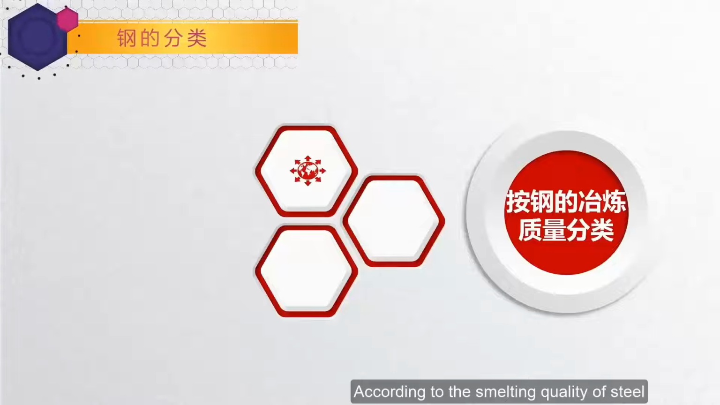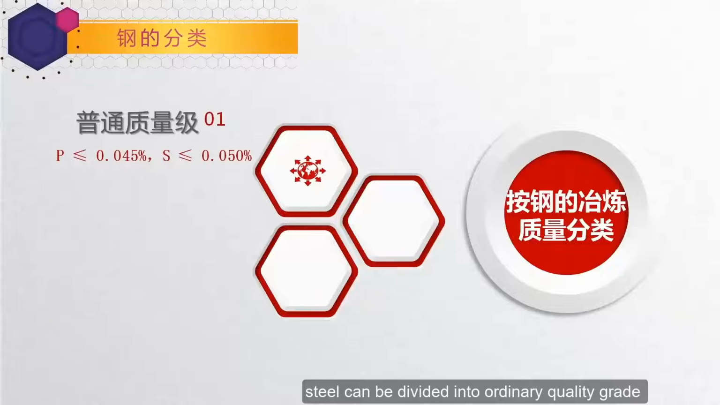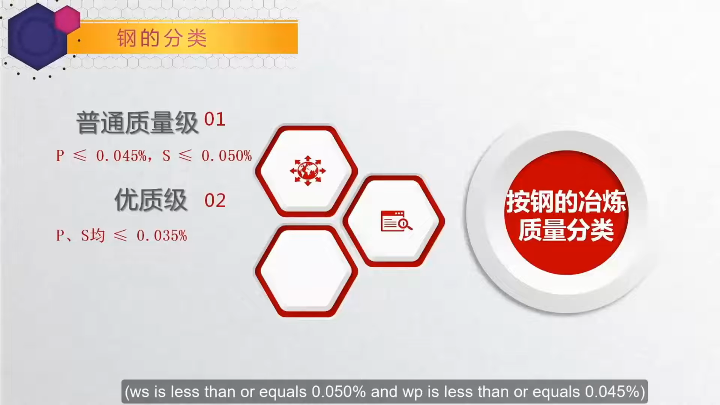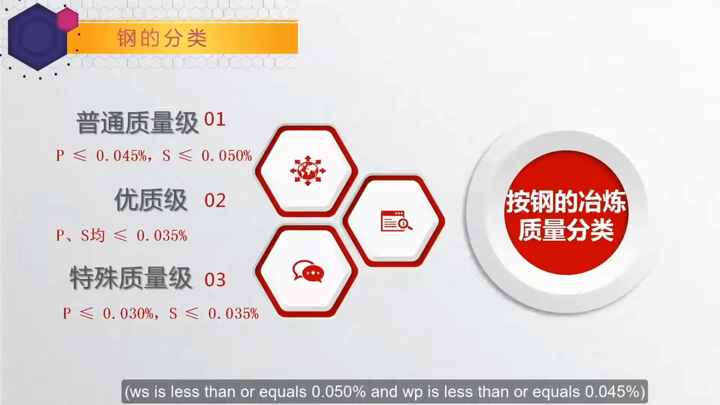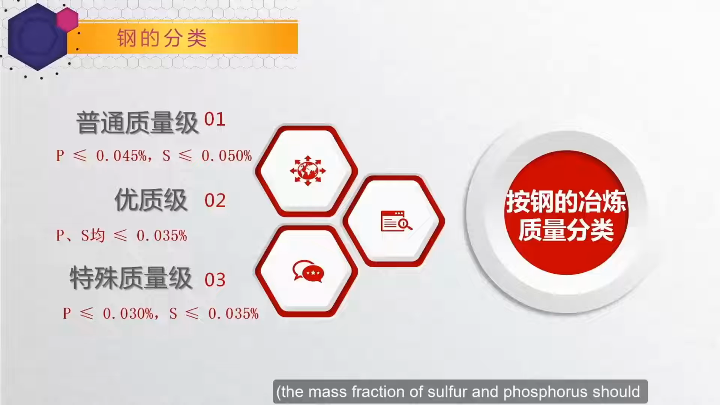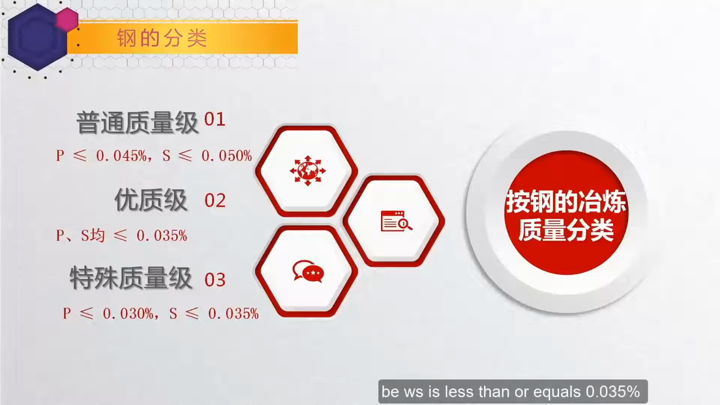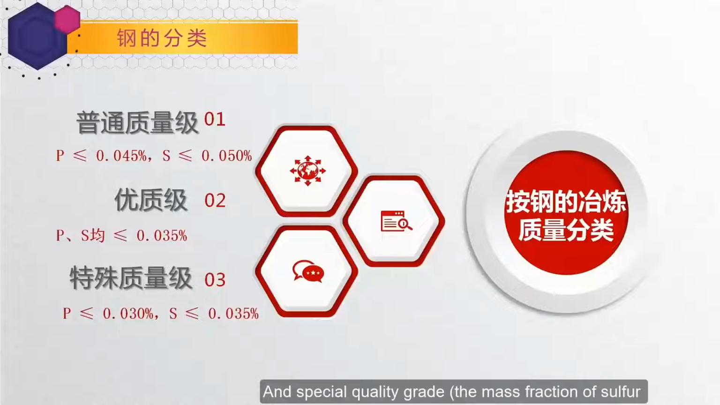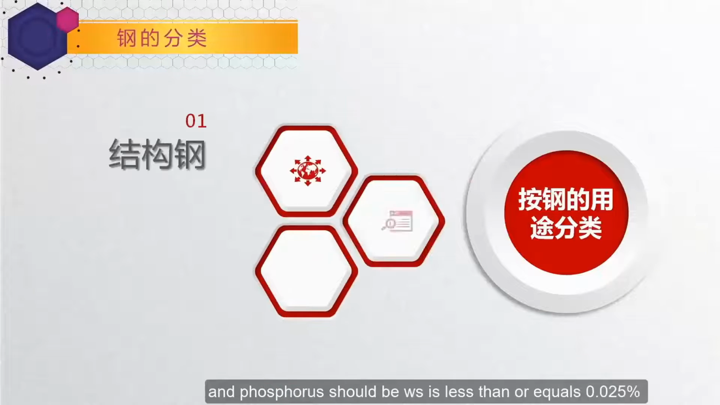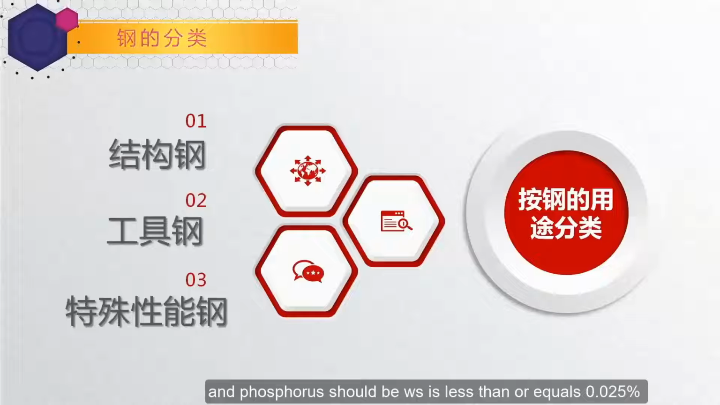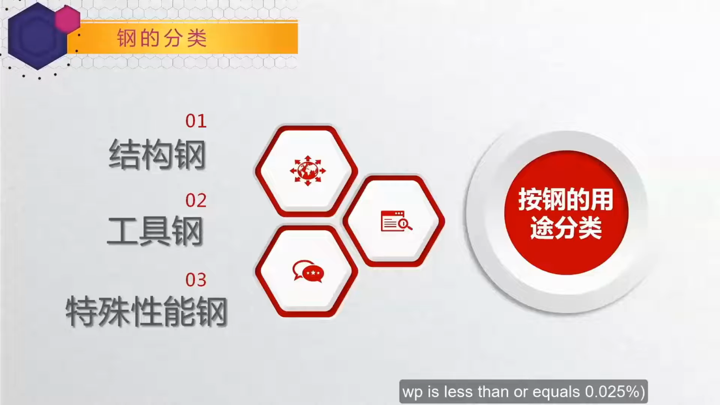According to the smelting quality of steel, steel can be divided into ordinary quality grade, WS is less than or equals 0.050% and WP is less than or equals 0.045%. High quality grade, the mass fraction of sulfur and phosphorus should be WS is less than or equals 0.035%. WP is less than or equals 0.035%. And special quality grade, the mass fraction of sulfur and phosphorus should be WS is less than or equals 0.025%. WP is less than or equals